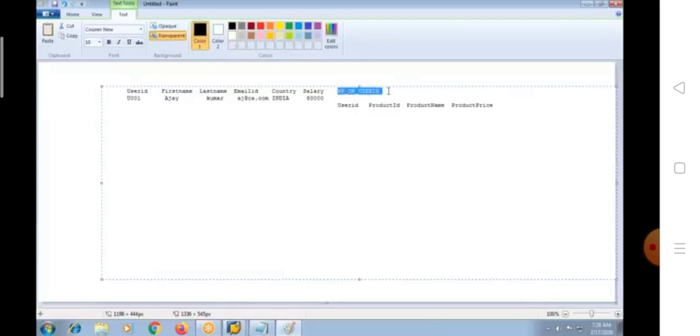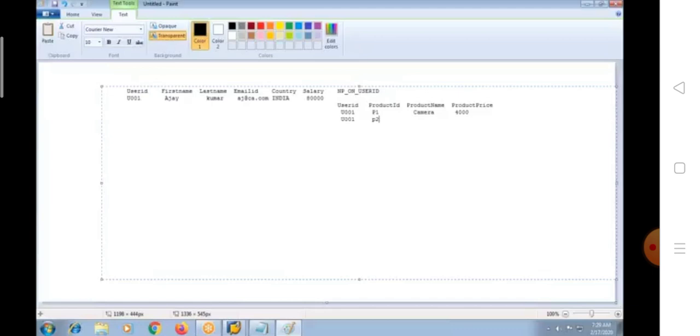And on expanding of navigation property, we need to accommodate item records matching with that header record. So item records can be something like this, with common field user ID, product P1, something like product name and product price, and one more item with same header record,